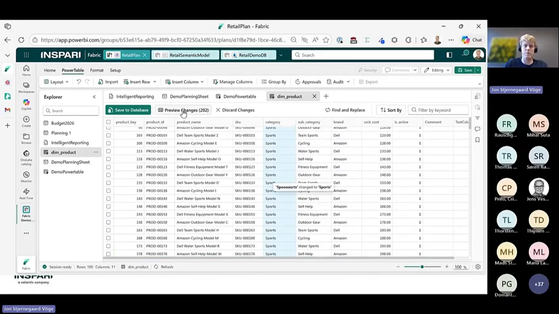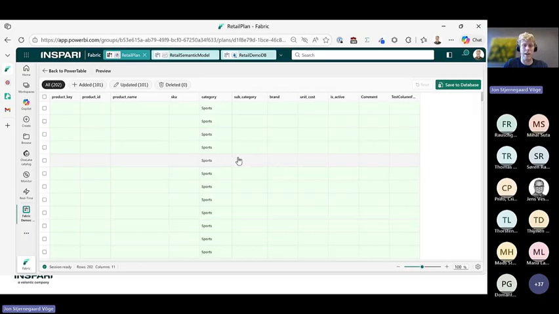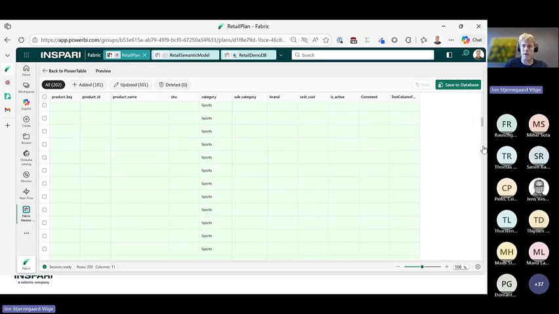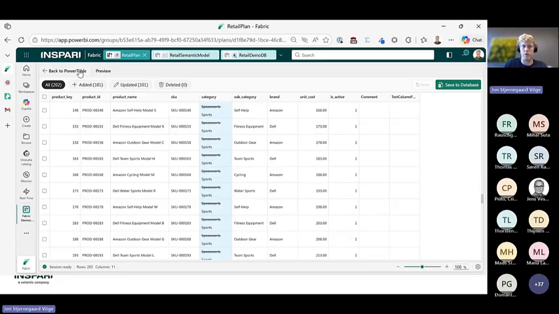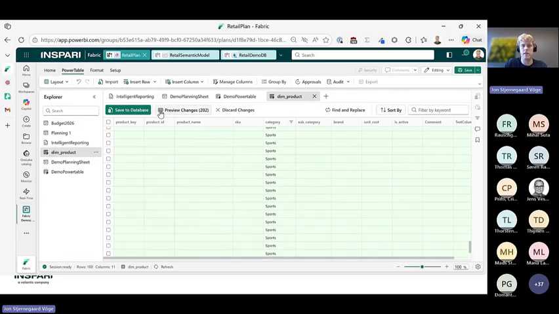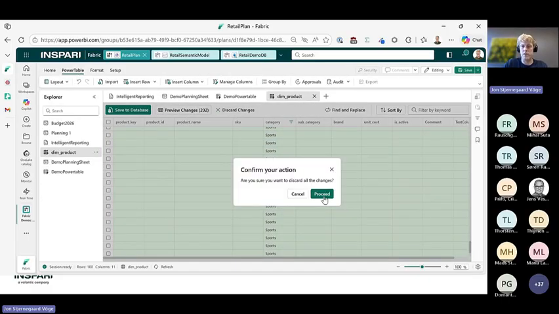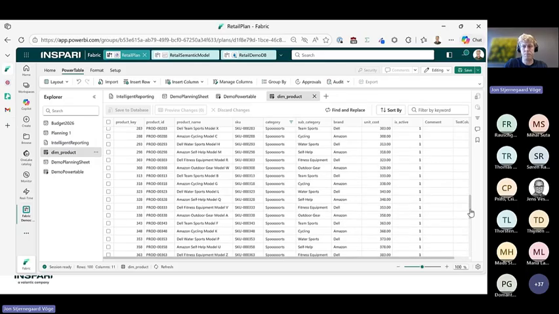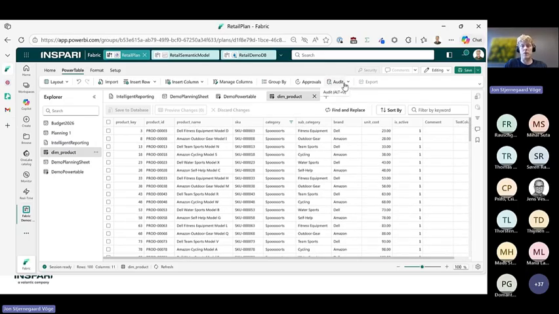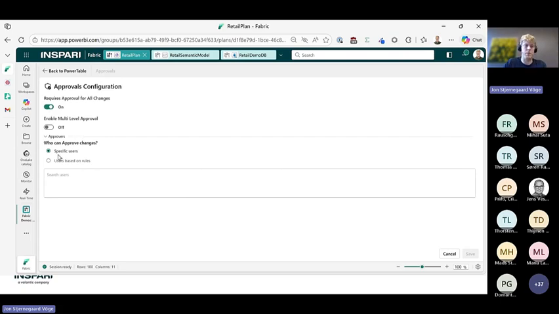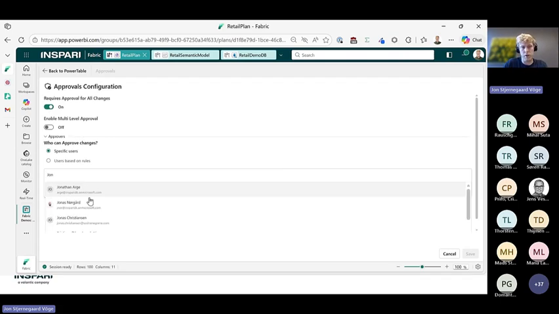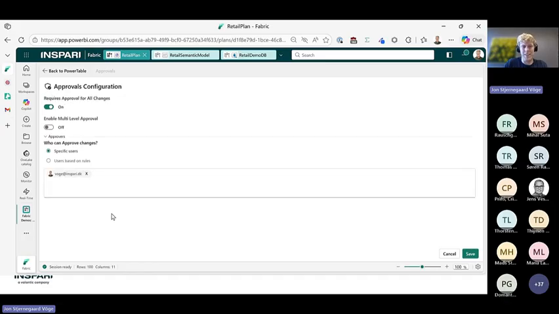The good thing is I can preview and discard my changes before I actually commit them to the DB if I made a mistake, right? I am not editing live right now. I think this paper trail is really, really nice. Let's just discard those changes and instead show you that if I wanted to, I could enable approvals on this table. So instead of me being able to just make changes, I could say, Jon needs to approve his own work before being able to do anything.